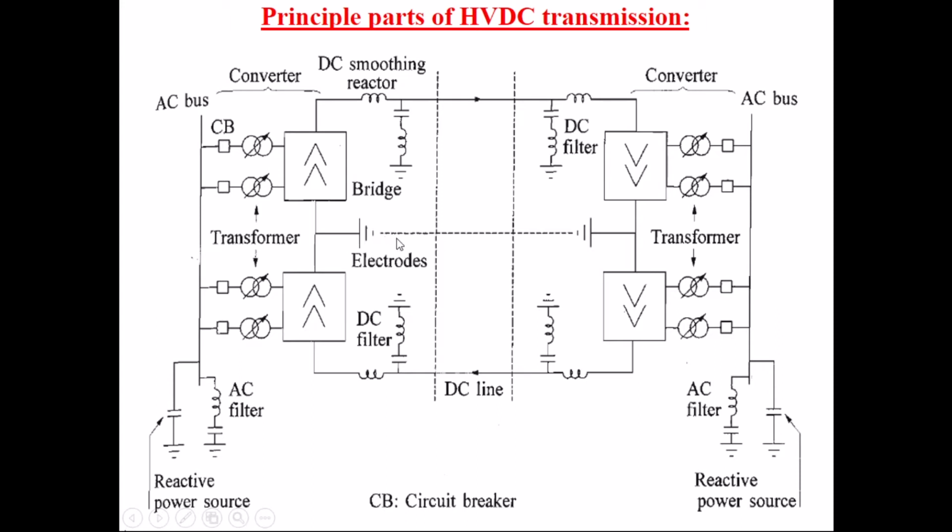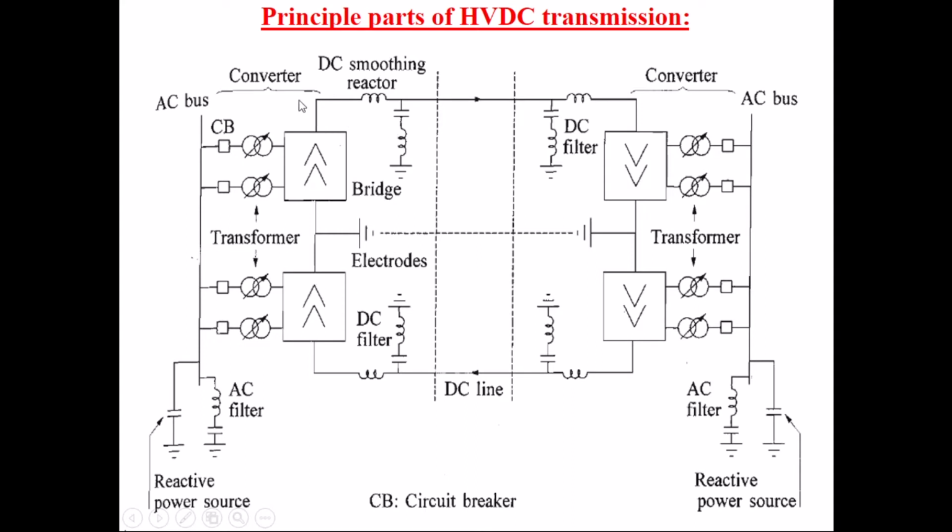So if you use the ground as a return, this electrode, then it is a homopolar operation, but generally we prefer to use the bipolar operation because of the certain limitations of using the ground as a return. We already discussed corrosion, erosion, as well as communication interference if communication lines pass through the ground. If the DC current is used as a return path through the ground, this DC current interferes with a nearby communication line. That's why we generally do not prefer the ground as a return in normal conditions.